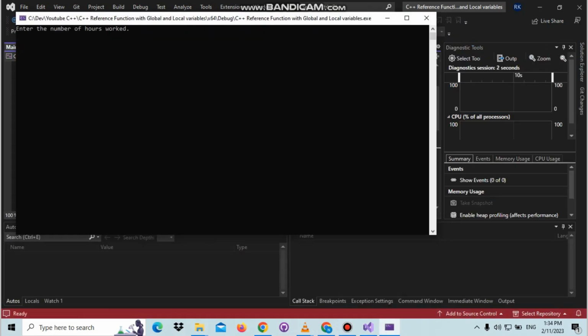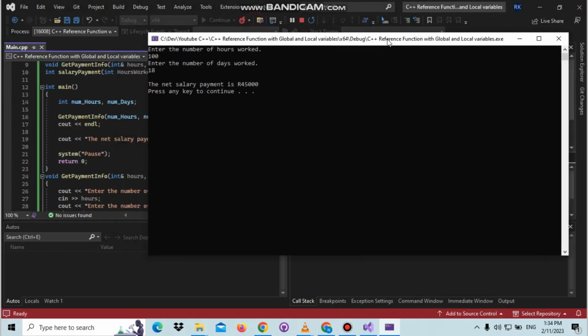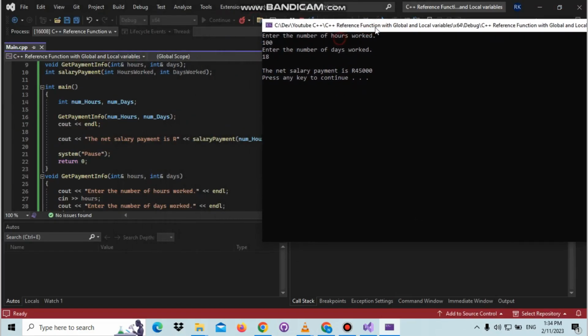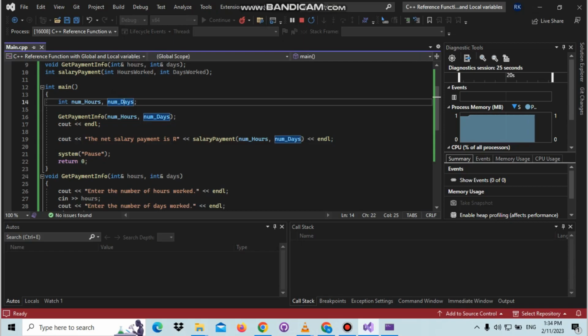Awesome. So the number of hours worked by the employee is going to be 100, and the days worked 18 days in the month. So let's say enter. Awesome. As you can see guys, the net salary payment of the employee is 45,000, which means the employee has worked 18 days in a month, and also based on the pay rate, as you can see on top, which is